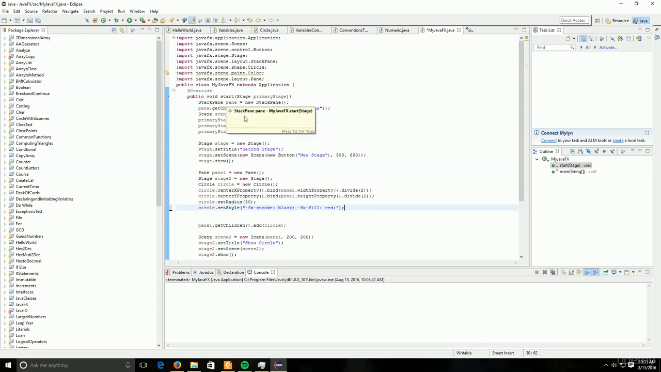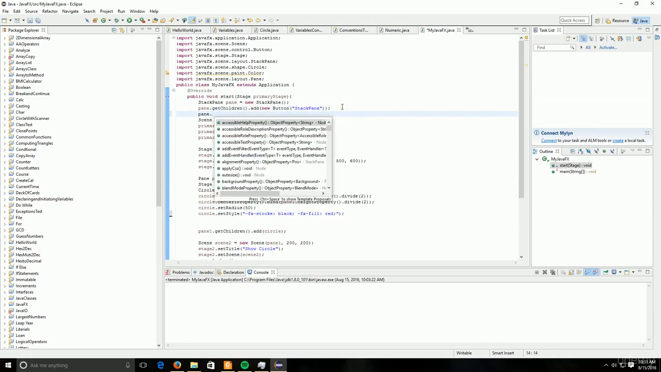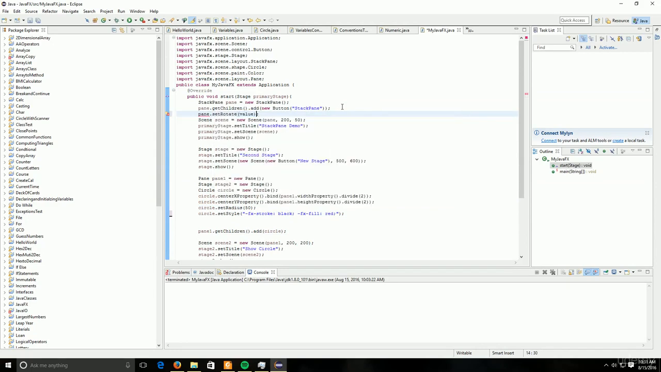But we're going to rotate this by, let's say, 80 degrees. So to do that, all we have to do is say pane.setRotate, and then we provide a double value. In our case, we want to rotate it 80 degrees clockwise. So we would say 80, and this will rotate that entire thing 80 degrees. So now if we run our program,